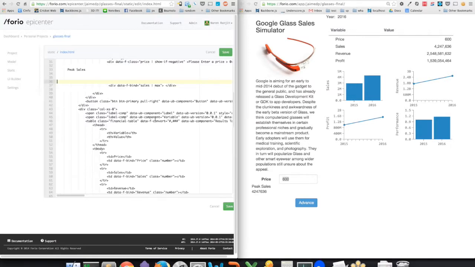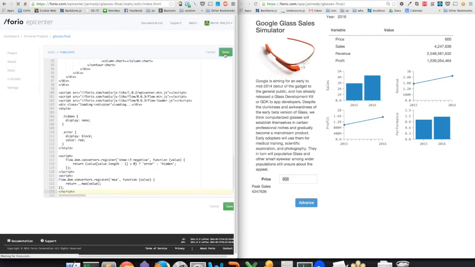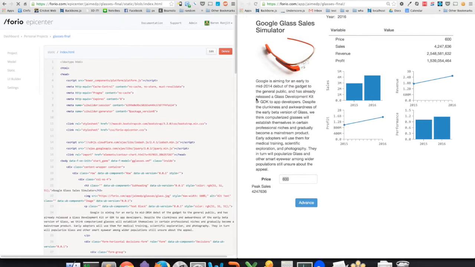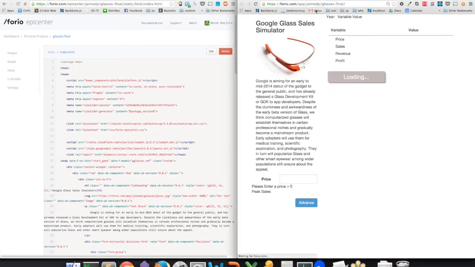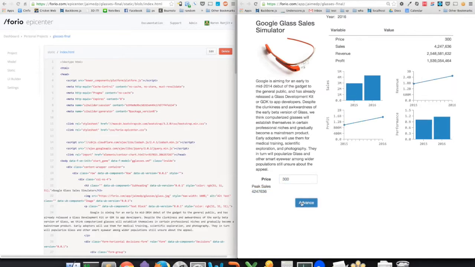I'm going to restrict to the bottom just to make sure it makes sense. Okay, let's see if that works. So now if I change my sales just to 600, my sales go down, but my peak sales hasn't changed. If I change my price to 300, you can see that peak sales is still 6292, which is the highest so far. And then I can keep going, and it's going to behave the way it's going to show the